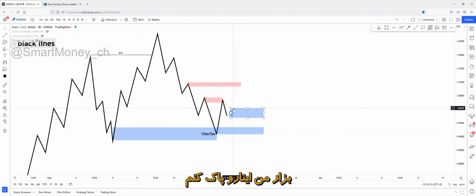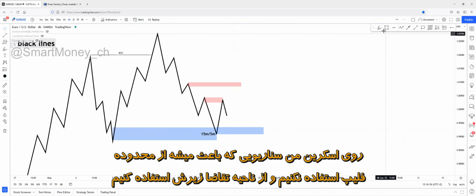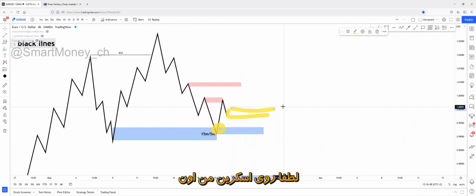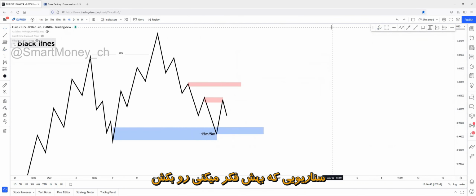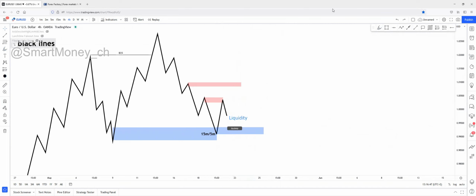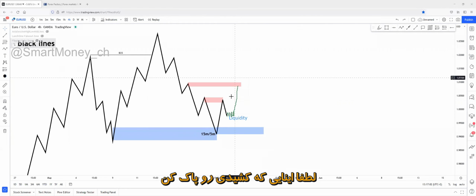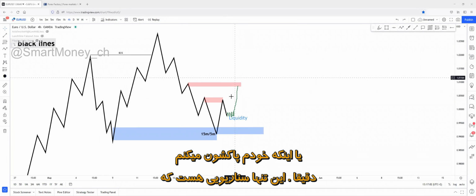Let me just remove these drawings from here and write on my screen a flip scenario where this demand zone can be used and not this demand zone. So please just draw on my screen and show me a scenario that you are thinking about. Liquidity, yeah, please just continue. Exactly. That's perfect. Please just remove the drawing. Or I will remove it.